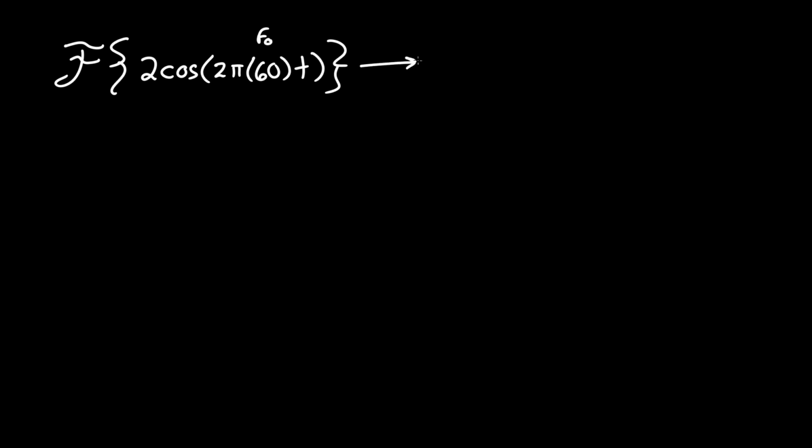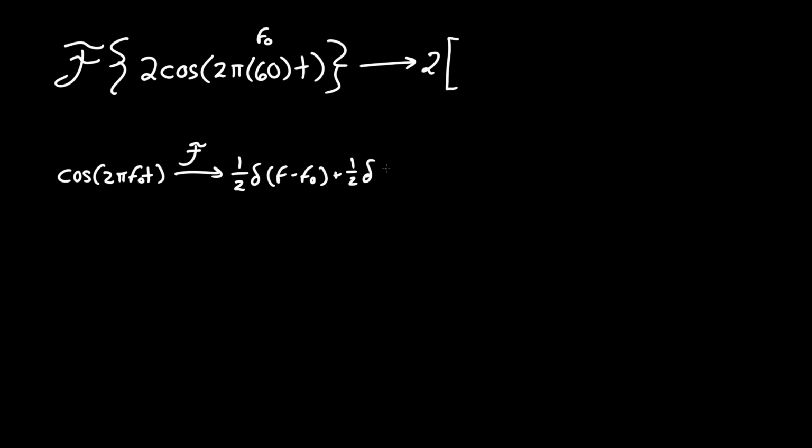So as always, we keep the 2 out since it's a coefficient through linearity, and we're given from the table that cosine of 2πf₀t, where again f₀ is any frequency, transforms in the frequency domain to 1/2 δ(f − f₀) + 1/2 δ(f + f₀), where δ is simply the Dirac delta